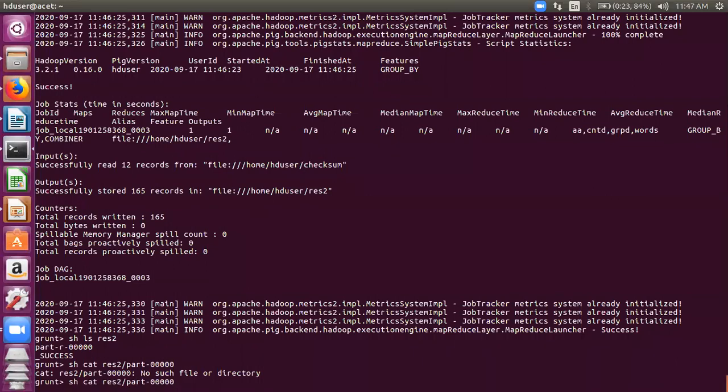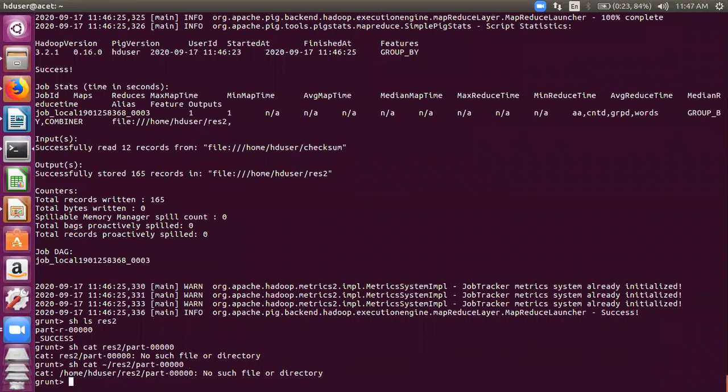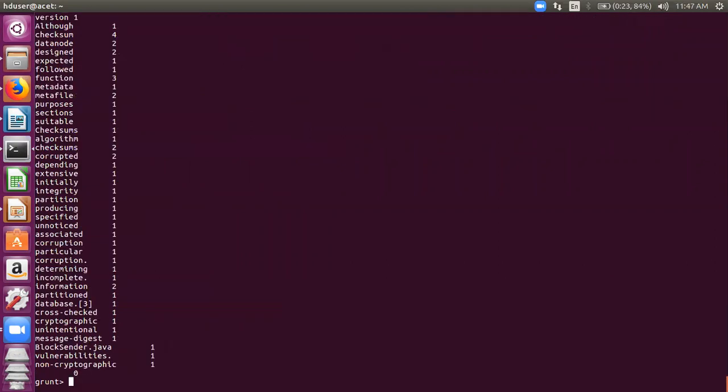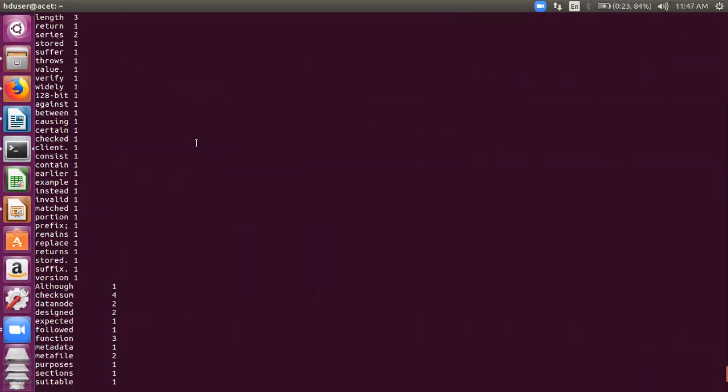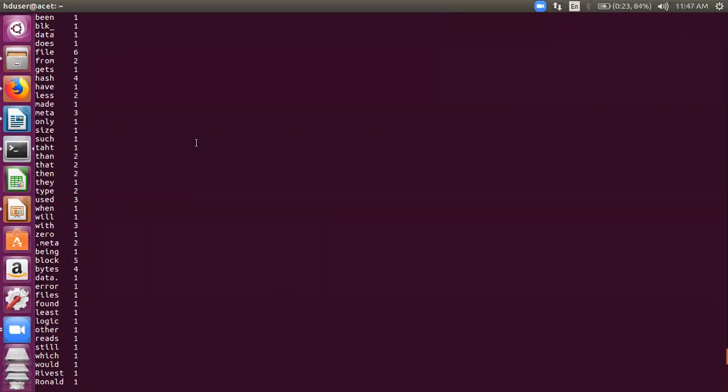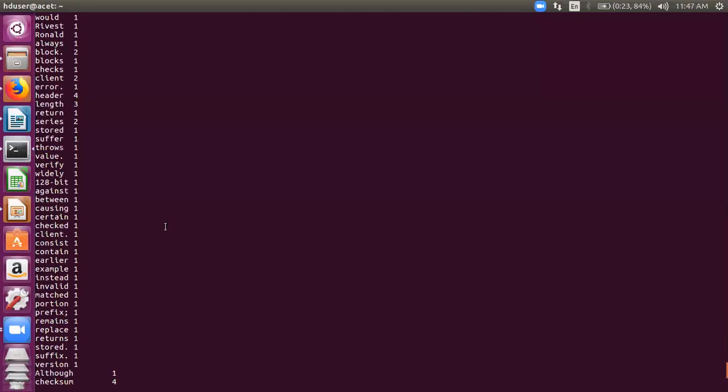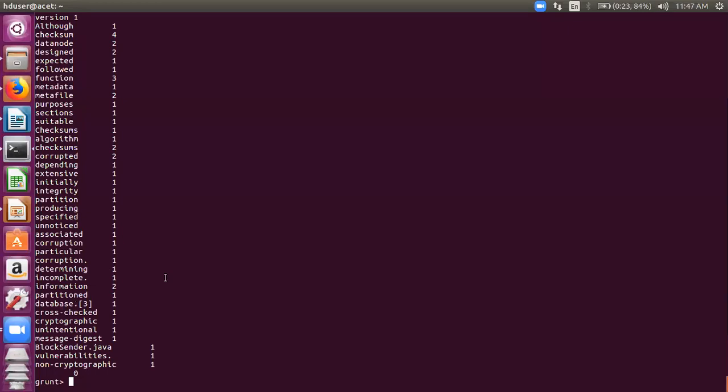Okay, you need to mention the explicit path, I missed something, sorry. part-r-, see, it has counted the words. You see the comes 16 times, and comes 6 times, r comes 3 times. Just see the strength of this program. So this is your word count program.